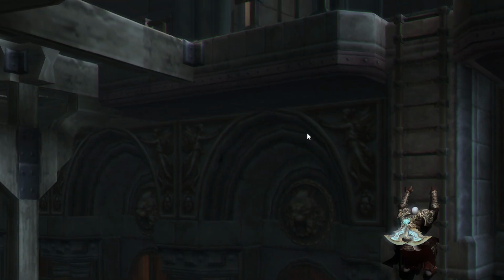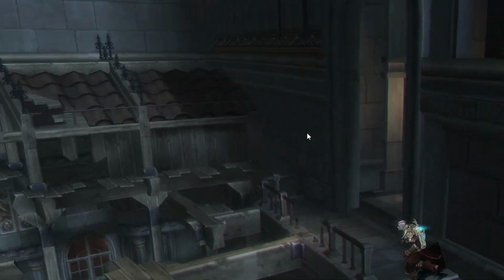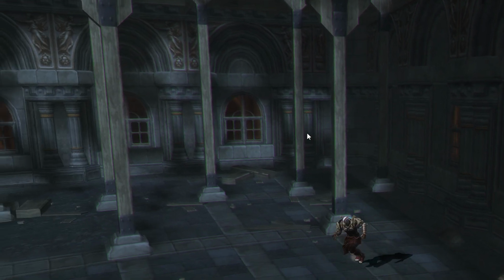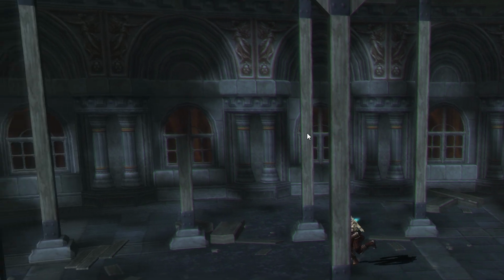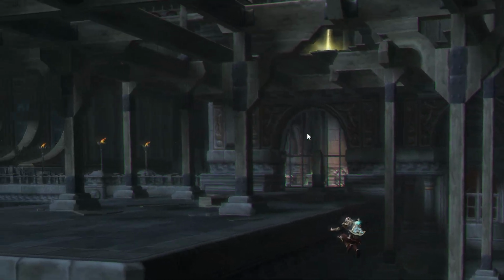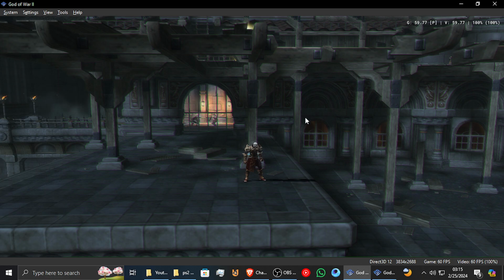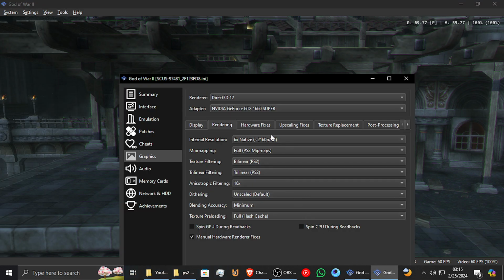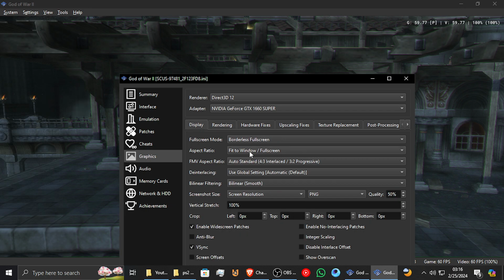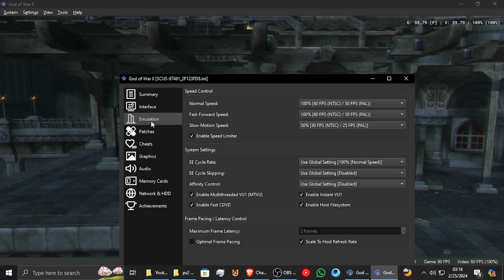Okay, but anyway, you can see I'm not getting any weird graphic glitches right there. Now there is another thing you can do to improve this a little better. So if you get like white streaks across, you can go ahead to the emulation settings